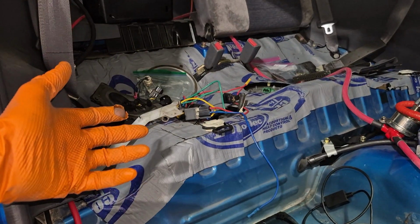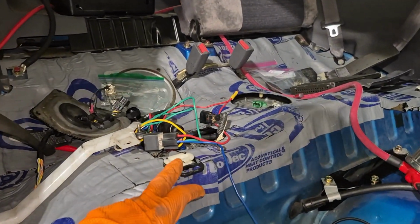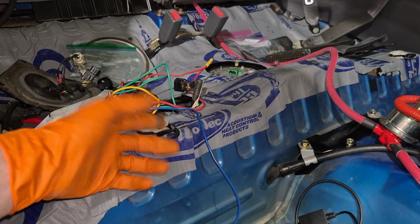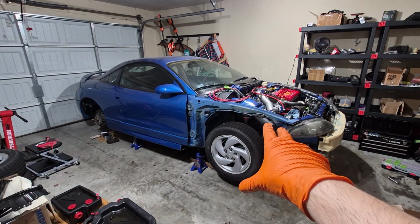And as you can tell, both these covers are under the back seats. Don't worry, the back seats are really easy to get access to. There are two tabs on both sides. All you have to do is just pull the plastic part and then lift the seats up and they'll come right out. Now with those few things completed, we can get the front of the car on the ground,